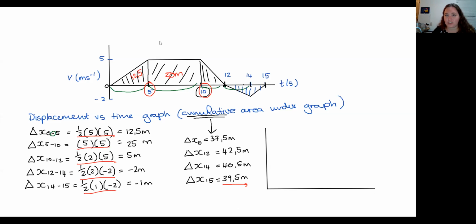You understand why just now? If you were, however, dealing with a shape that went up, down, there, and then across, you would have a shape here, which is a triangle on top of a rectangle, and you could treat that as a trapezium. So yes, if your question here was what is the total displacement in 12 seconds, by all means do it as a trapezium, but because I want the in-between points, I've got to make sure I've got the